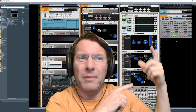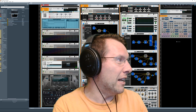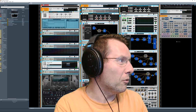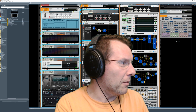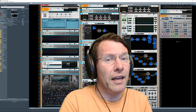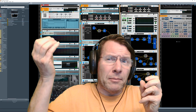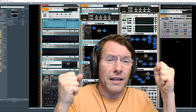When you start getting onto some of the other bits I'm up to, there are things hidden in some of these screens, because these screens are all kind of scrollable. There's not much going on in that one. But yeah, we do have some other things. And Delta is really, really useful for manipulating the MIDI at that end. So what else I do, as I say, with these Midi-CV converters, I'm going to control things with my left hand, I'm going to control things with my right hand. And